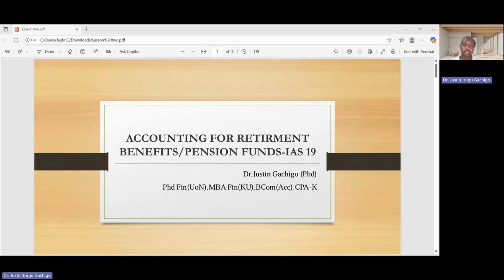So pension accounting is normally guided by Accounting Standard 19, which prescribes the accounting and the disclosure requirement for employee benefit. And it ensures that an entity recognizes, one, a liability when an employee has provided service in exchange for benefits to be paid in the future, and two, an expense when the benefit is consumed. So this is to say,